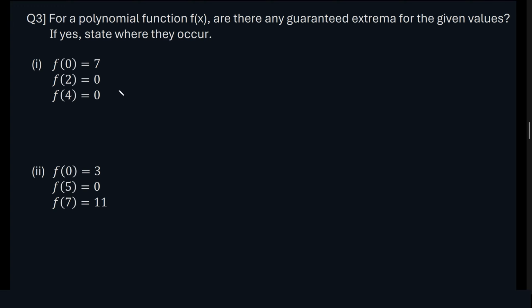Now for these type of questions, always check those values of x where the function is 0. Here, we have a 0 at x equals 2 and at x equals 4. And we know that between two zeros, there is definitely an extrema. So our final answer will be, yes, there is a guaranteed extrema on the interval x greater than 2 and